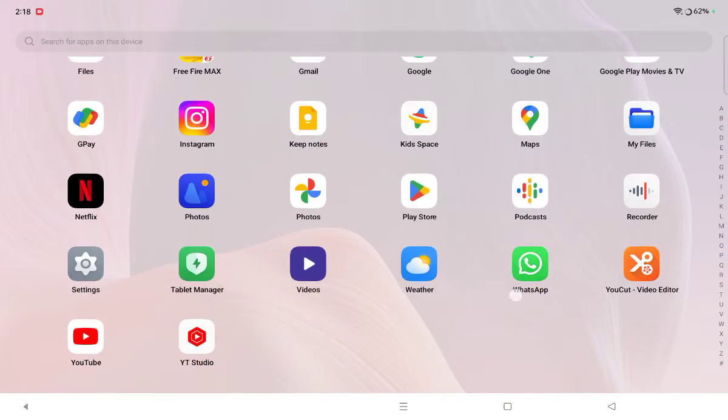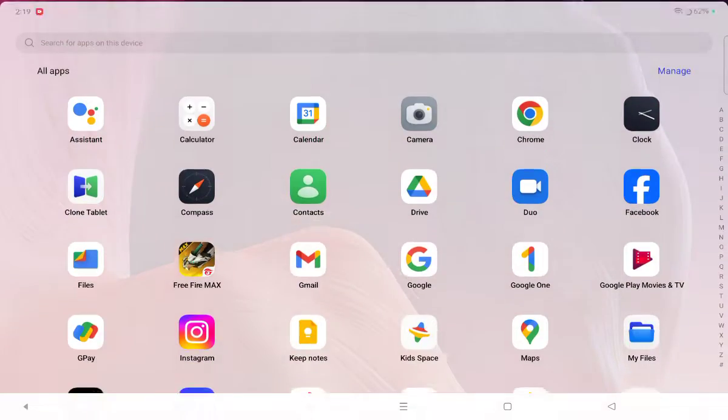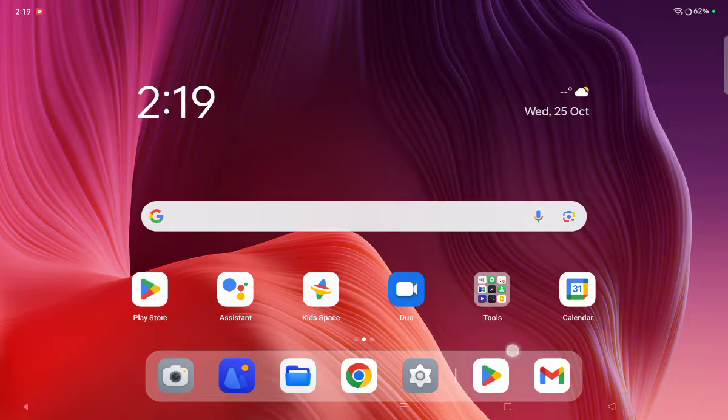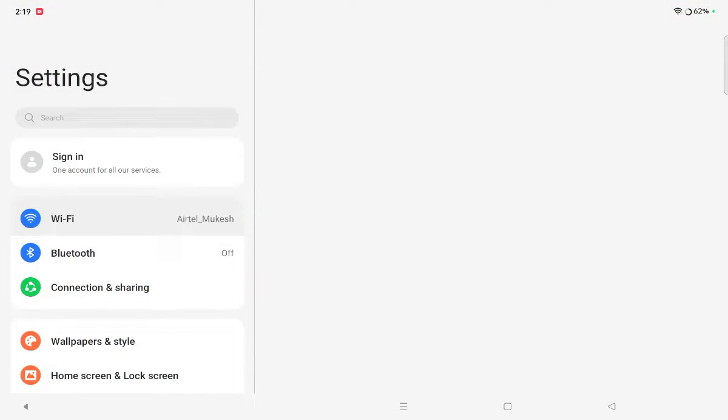Friends, here you can see only one app. Here's only one WhatsApp, and if you want to add another WhatsApp, then just tap on WhatsApp. Here's WhatsApp. And friends, first of all you have to go to Settings, then from here